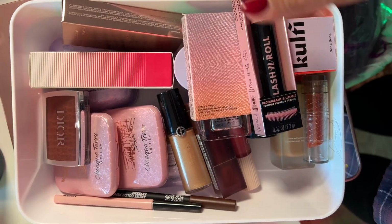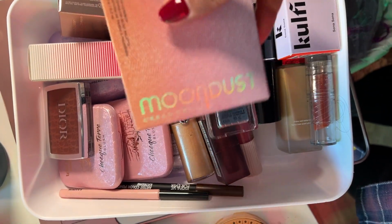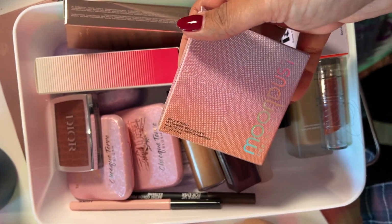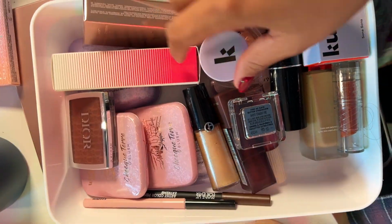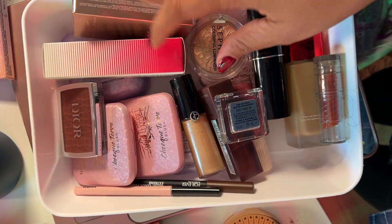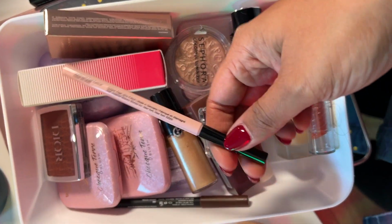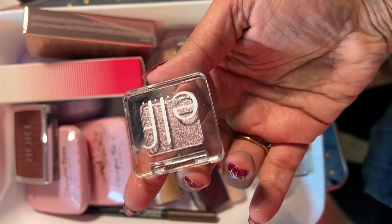Okay, so this is some stuff that I picked up from the Sephora sale, and this is one that I wanted to dig through because I want to add some of these things to my Shop My Stash. So I want to add the Moon Dust shadows. I want to add these Kulfi ones because I bought them during the Sephora sale, and I want to try them out some more. I'm going to add this as well because that's the liner that came with that Kulfi set. I want to add this e.l.f. one to try out,